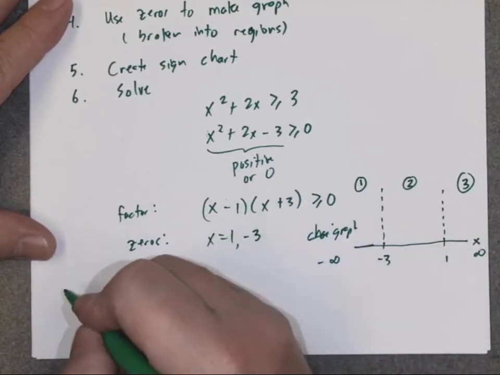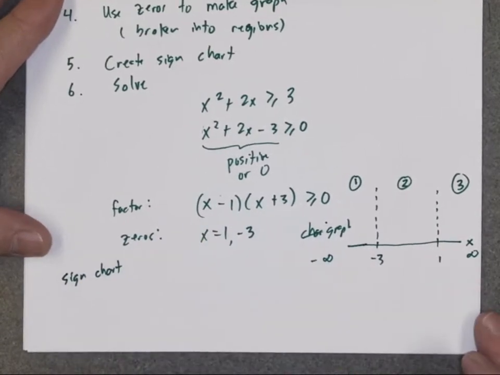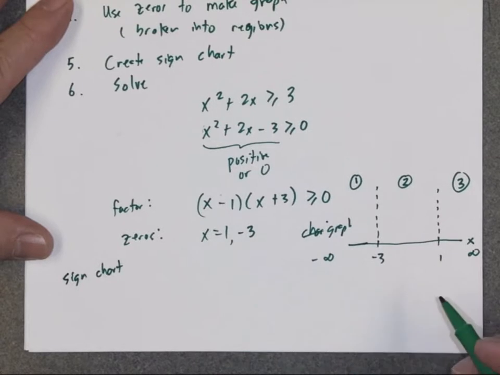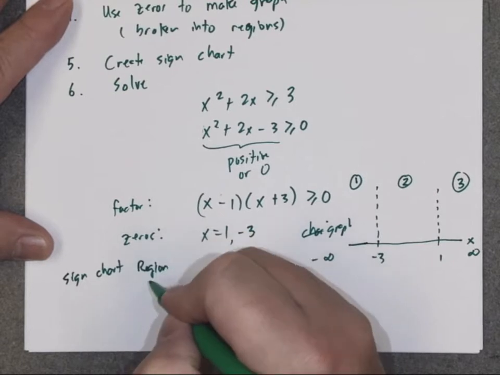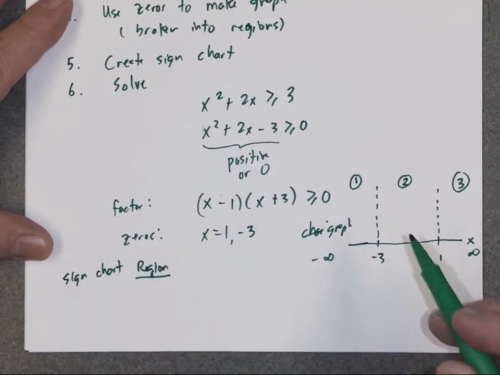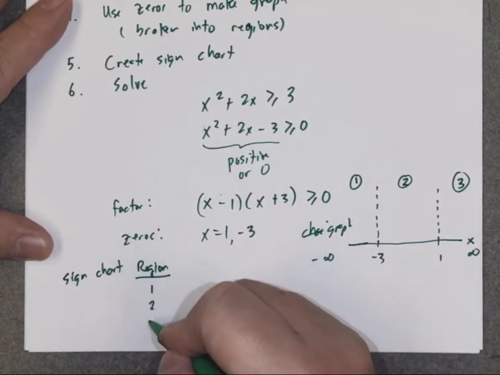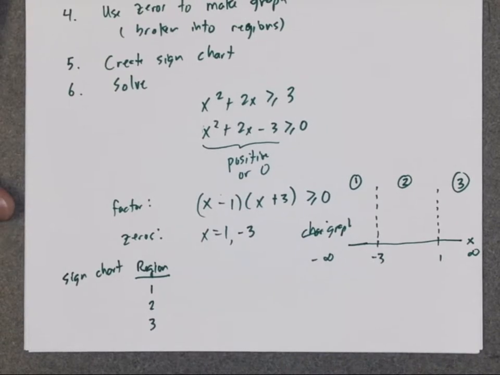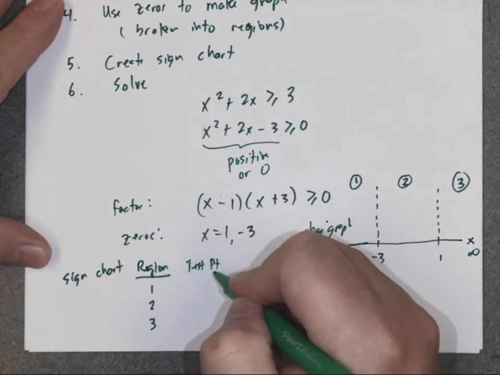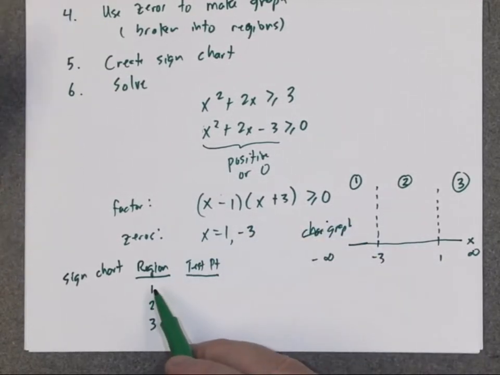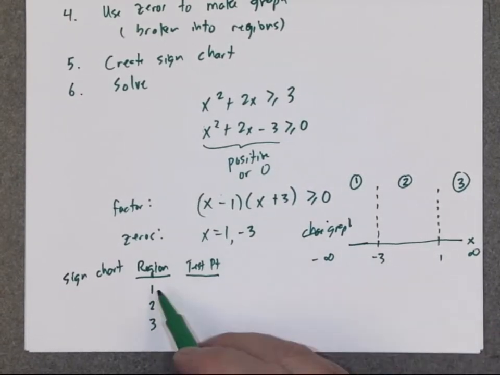And the way we find out what each region is, we create a sign chart. So here's how I do my sign charts. I'm going to create some columns. The first column is region. And I look at my graph, and I have 3 regions. So I put 1, 2, 3 regions. The next column, I'm going to call test point. What I do is, I go into each region, and I choose a value of x in that region. So for region 1,